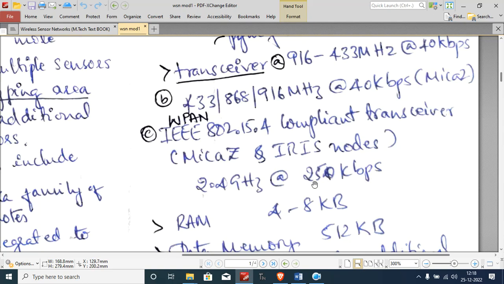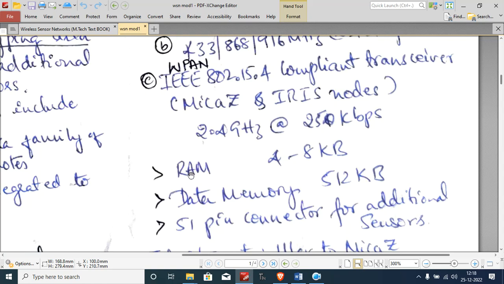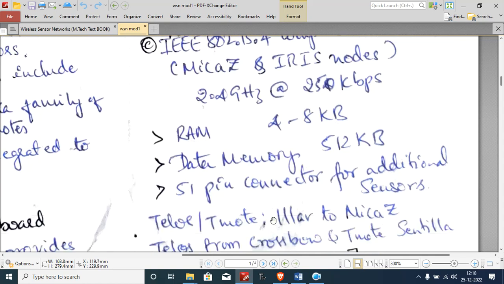As you can see here, there is a drastic increase in the data rate, that is 250 kbps compared to the previously available 40 kbps, and this is operating in gigahertz bandwidth, whereas these are operating at megahertz bandwidth. They are associated with a RAM size of 4 to 8 KB, data memory of 512 KB,